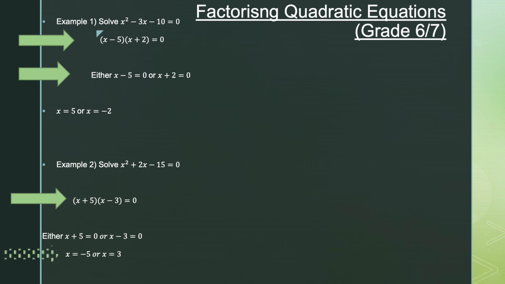Then solving this, I get x is equal to minus 5, x equals 3. So they are my two solutions to the equation, guys. So if you're factorizing, it's always two numbers that multiply to make the number and add